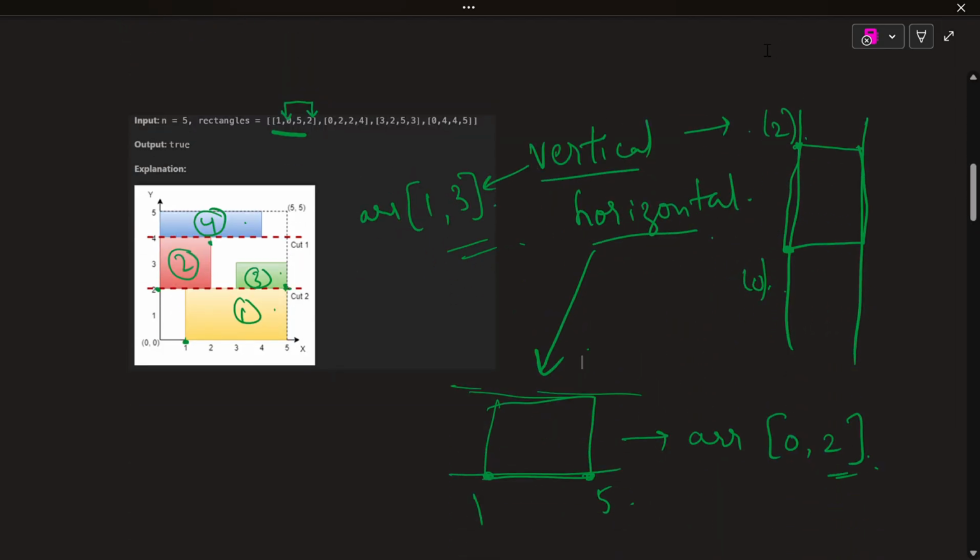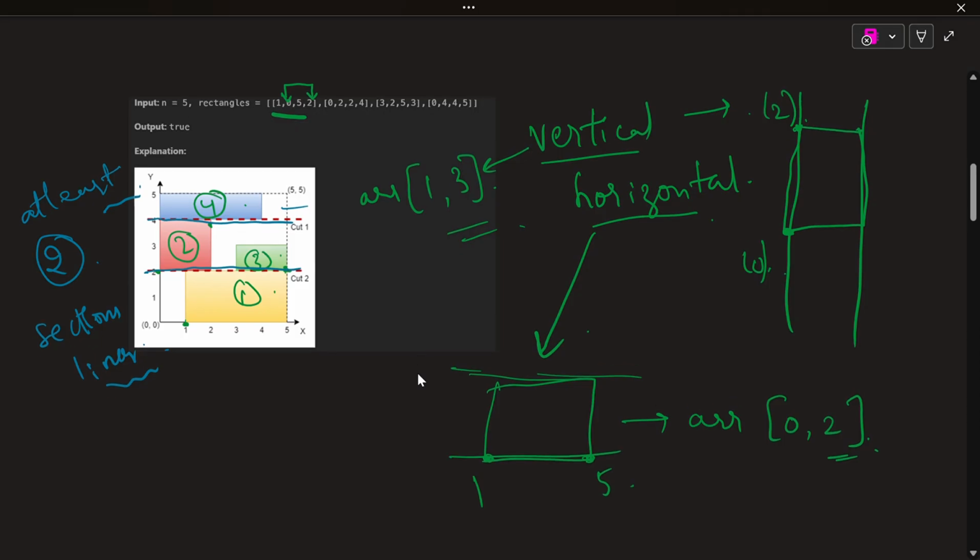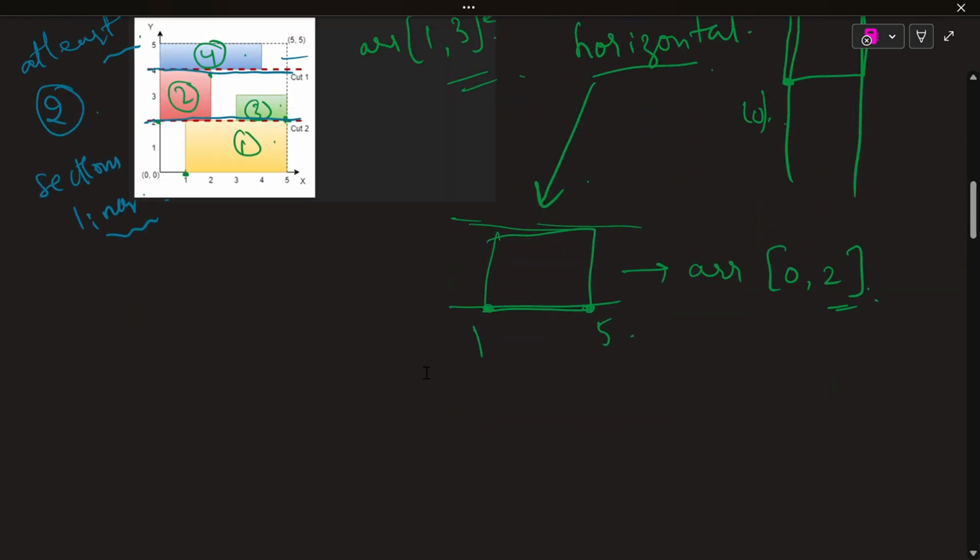Now, here if we observe clearly, they have mentioned that we should get a minimum of two section lines. Sections, not two sections, section lines. We should get at least two section lines. This is the condition. To approach this, what will be the